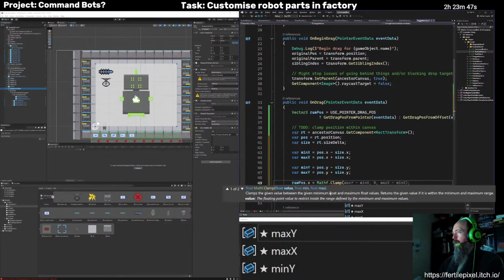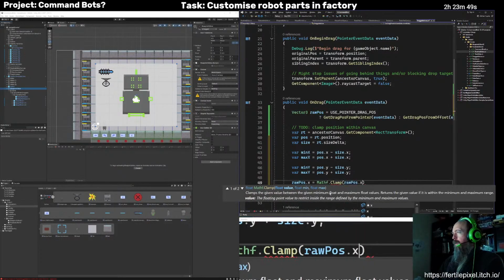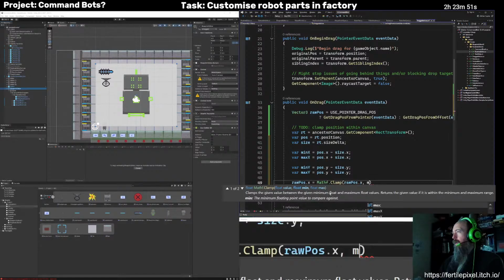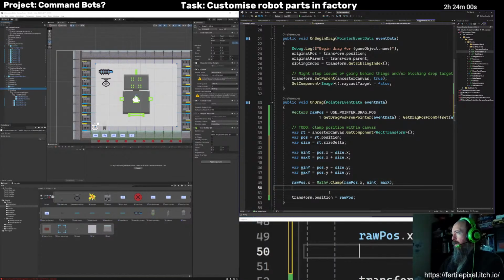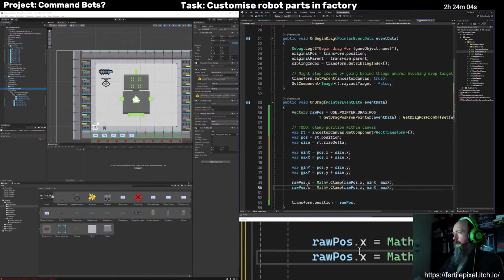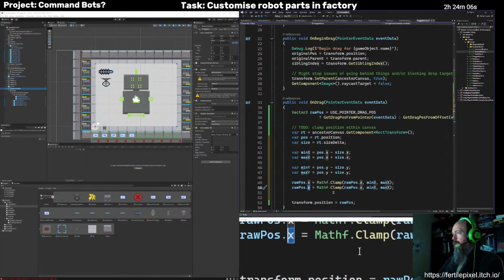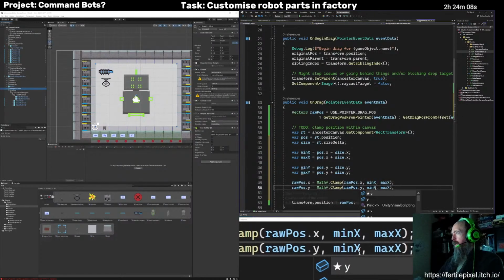So we're going to take the value and clamp it between those two. And then I'm either going to let this suggest something, or I'm just going to duplicate that and change all these things to Y's.